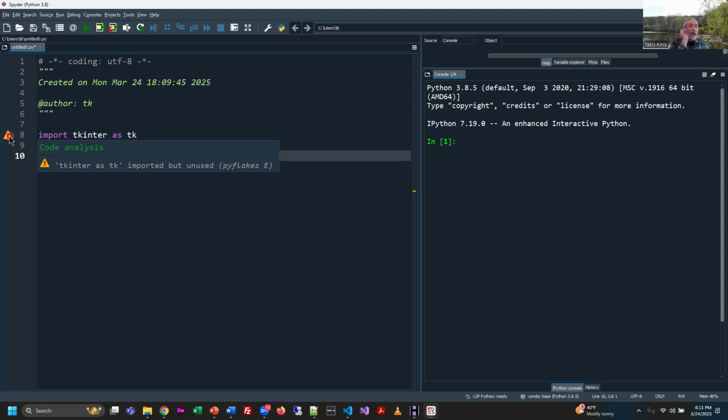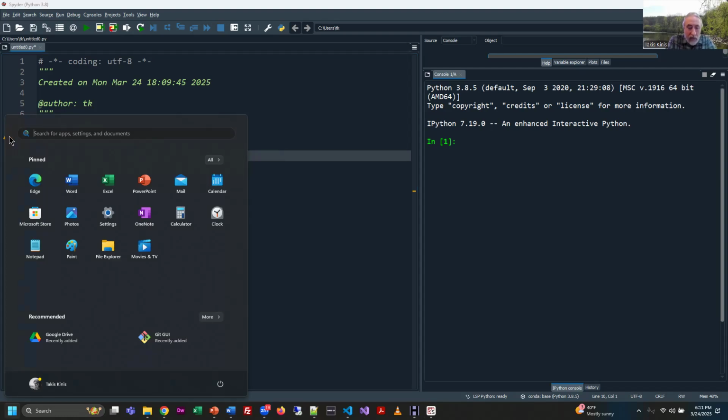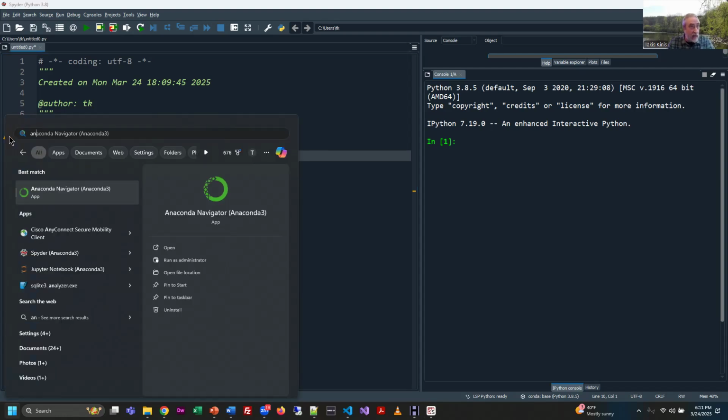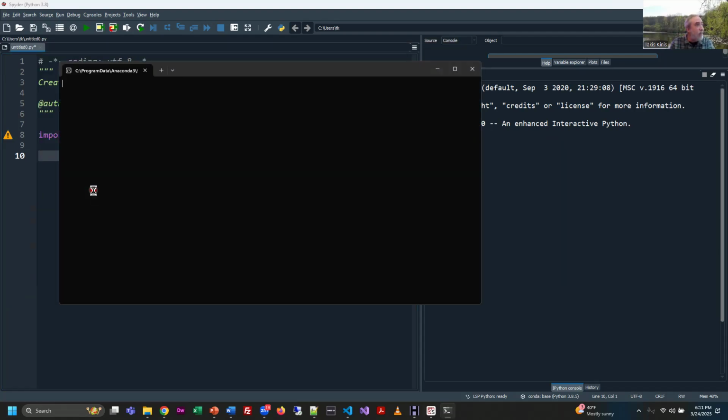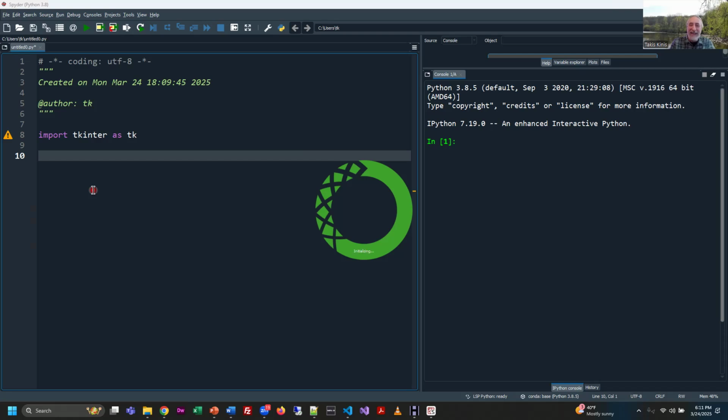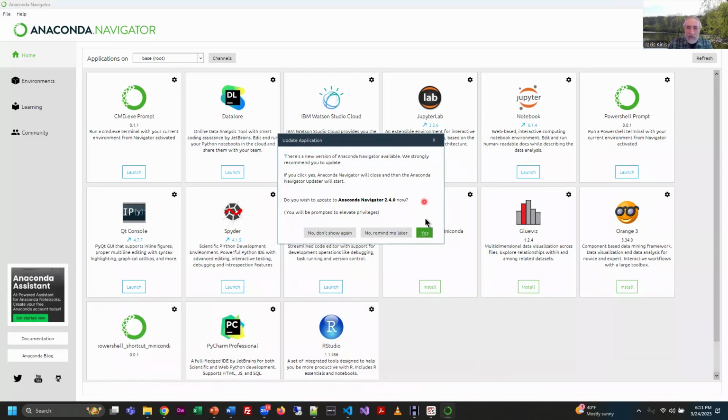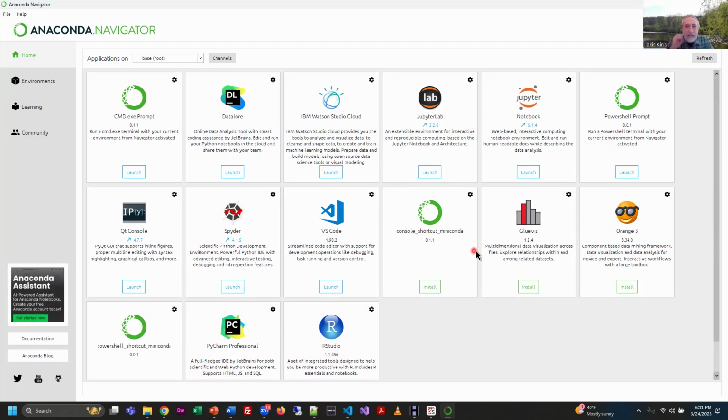Okay, so if you're getting a red marker, that means that your libraries are missing. And where you would go to fix that is you would bring up your Anaconda Navigator in the start menu. I'm just going to show this really quick because this is very handy if you ever get into this mode and you say, it says I need this library and I don't know where to get it. If you're using the Anaconda distro, this will handle it for all the software that's attached to it, by the way. I'm letting that load up, and it's not coming up on the screen right in front of me. I'm going to ask it to remind me later, but I want you to see